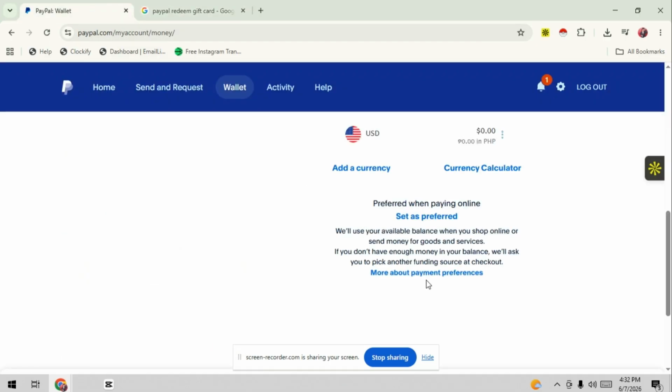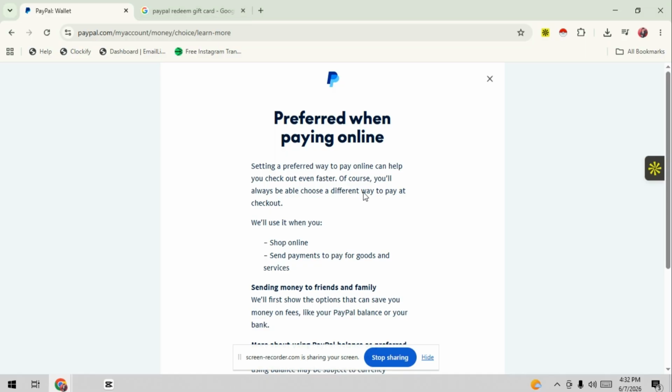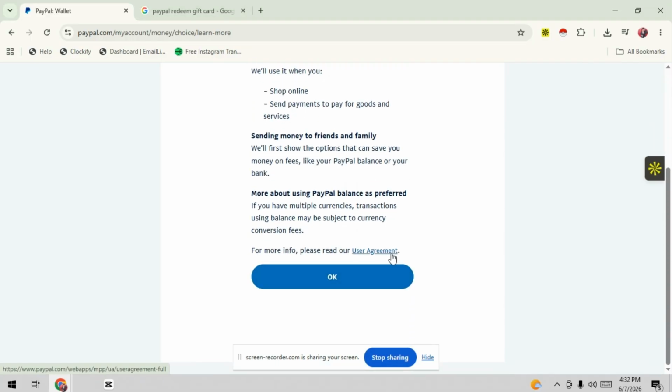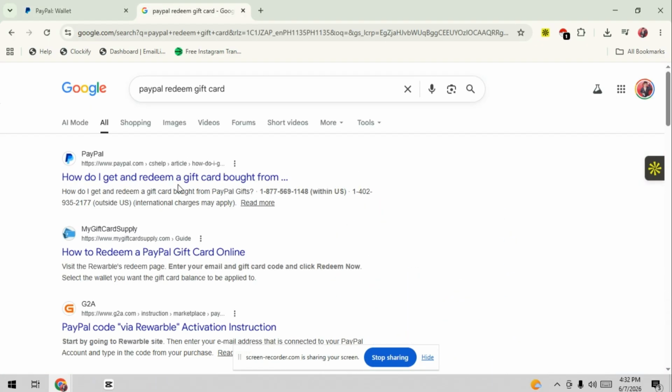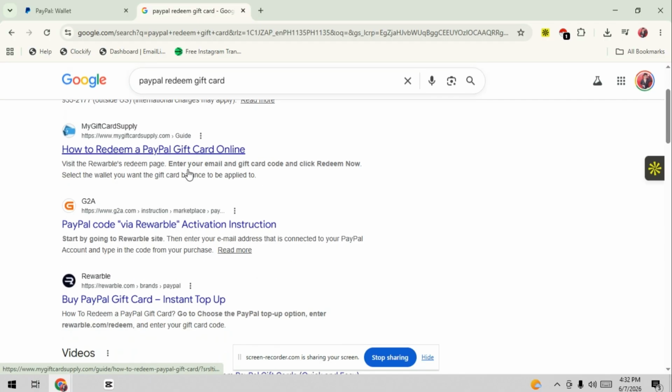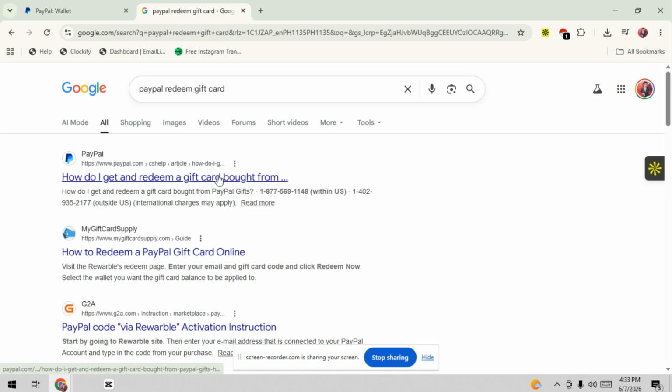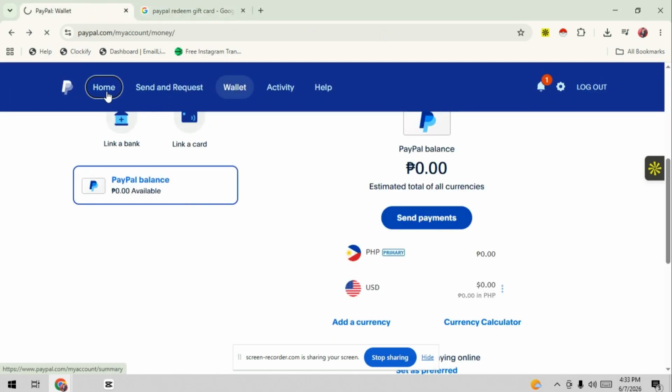If the code is valid, the balance will be added to your account or applied according to the gift card's terms and conditions. If you receive an error message, double check the code and ensure the card has not already been redeemed or expired. Once the redemption is successful, you can view the updated balance in your account